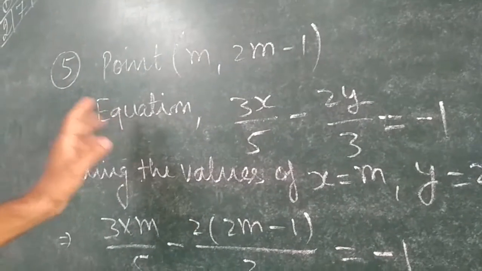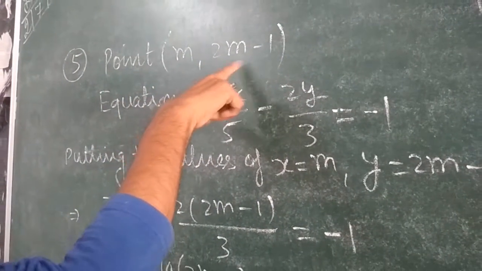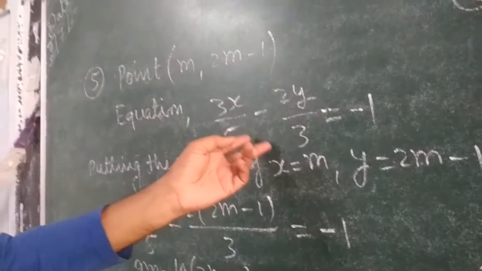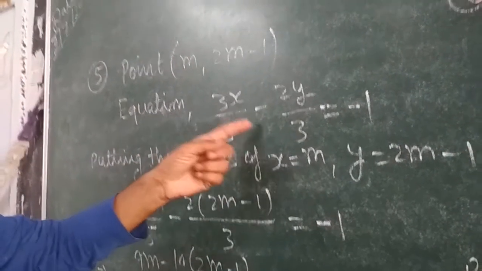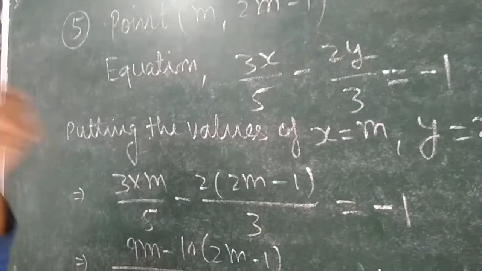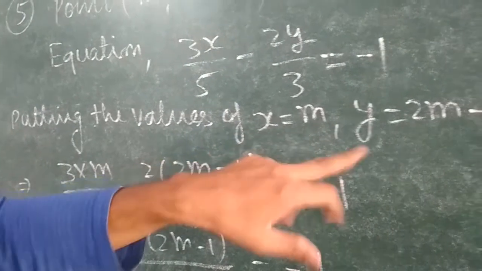In this question you are given the point (m, 2m minus 1). We have to check whether this point lies on the given equation 3x upon 5 minus 2y upon 3 equal to minus 1. So we put the value of x equal to m and y equal to 2m minus 1